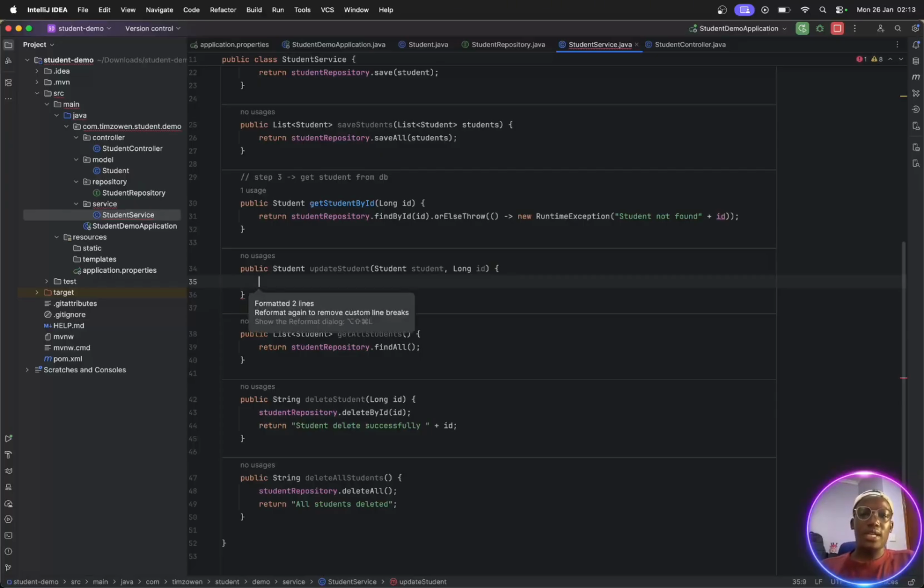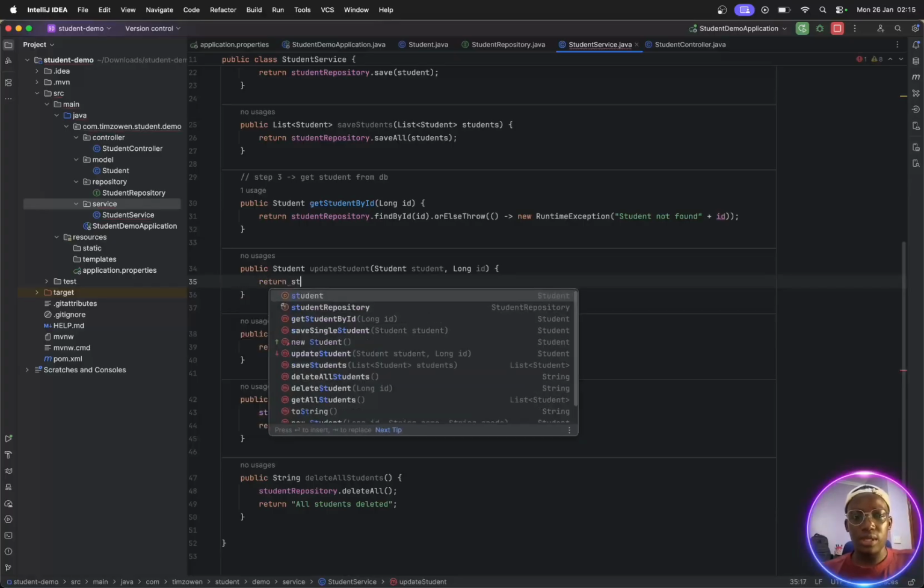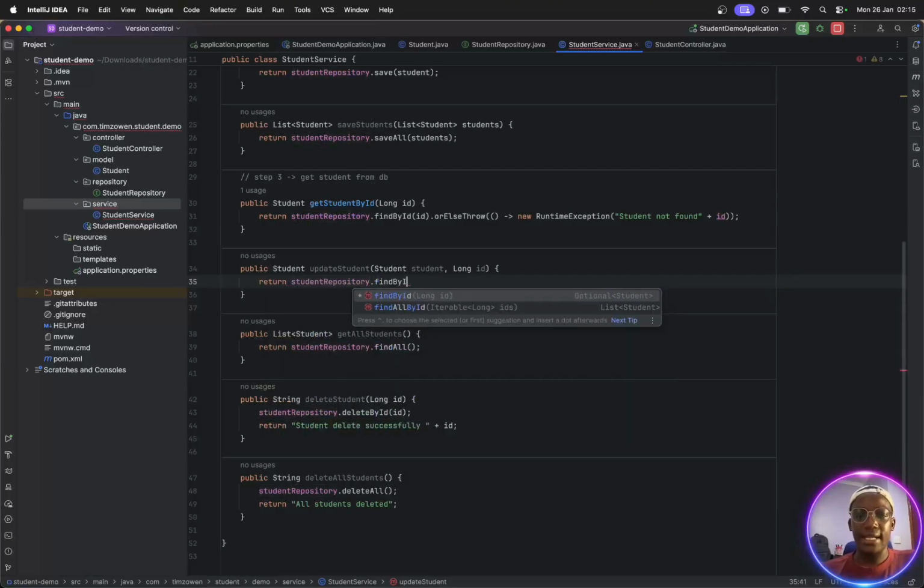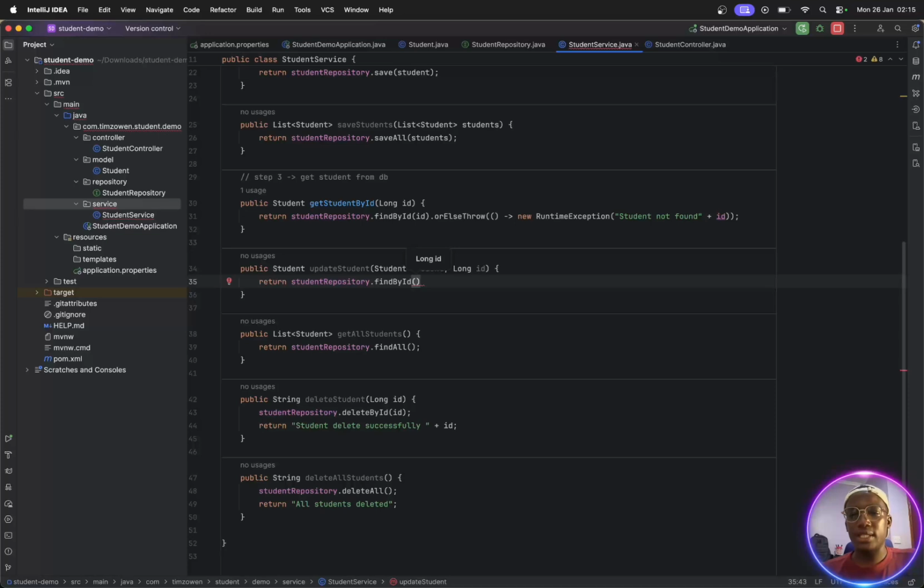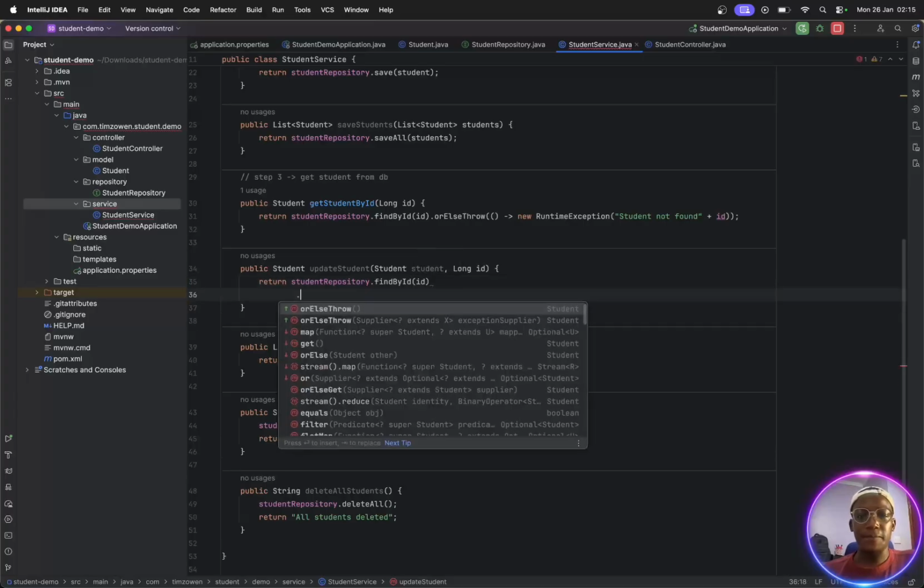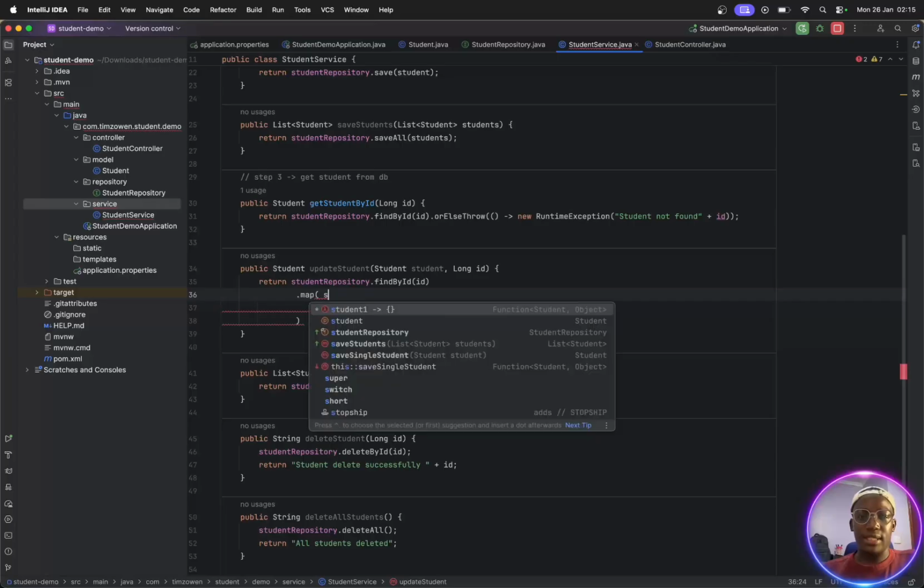Now, this is where things get interesting. We could have chosen another approach, but I think maps are the simplest way of doing this. So we're going to say here, return student repository dot find by ID. We first need to find this student, so we are trying to find this student by the ID passed here. Then we're going to say we want to map. This map takes in a lambda. So we can say student,